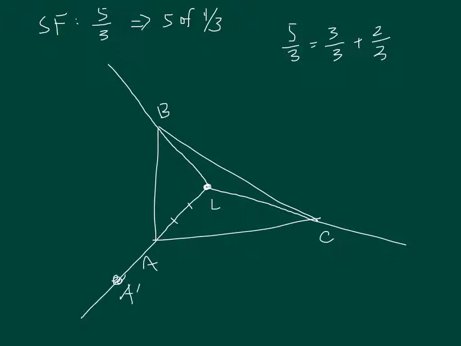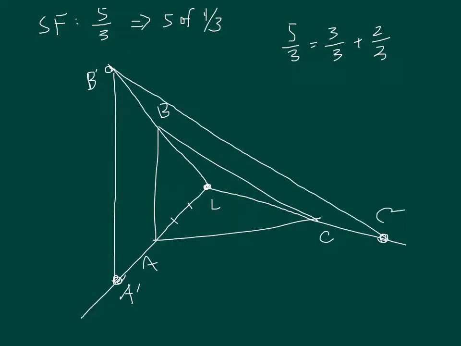From here you can use the parallel method or the ratio method. You can do the same thing for LB and LC if you want, or you can simply draw a parallel line to AB, and wherever the intersection is will be B prime. Then from there you draw a parallel line to BC, and the intersection will be C prime. Then simply connect A prime and C prime, and that's going to be the scaled figure. This is pretty much what we have learned in investigation 4B. So another question is,